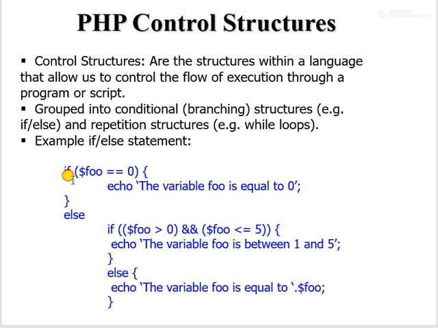We use the keyword or reserved word if, then brackets, here we provide the condition and then the statement, and else, then inside else we have another if. We can also do nesting like we do nesting in C++. If else, inside else we have another if. We can combine the conditions inside if with logical operators, like and, logical and, and so on.